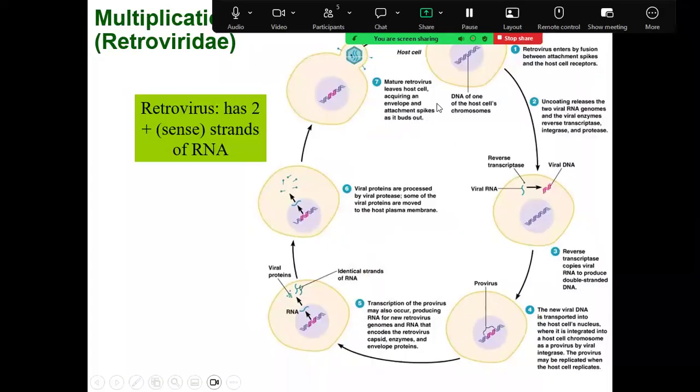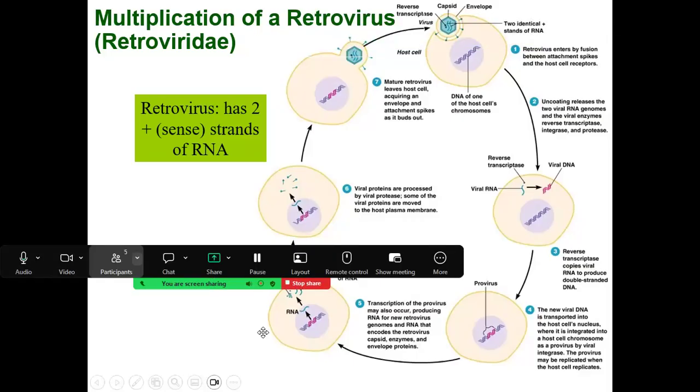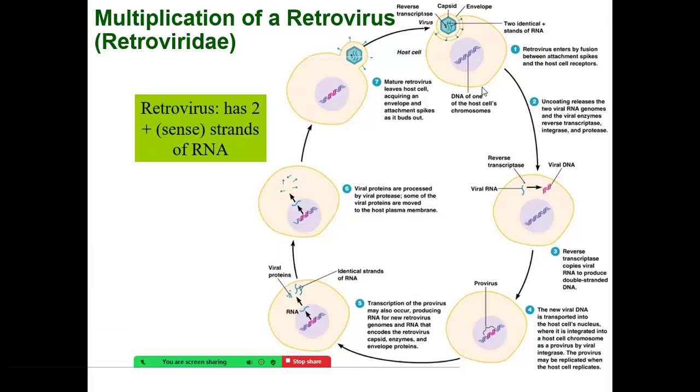The first thing it does is it will use the reverse transcriptase to change the viral genome in the cell. Let me put that over here. Well, can't get it over there, so I'll put it down there. To make the single-strand DNA and then use the reverse transcriptase to make double-strand DNA. The double-strand DNA can then integrate into the host cell chromosome, and that we call a provirus when the viral DNA integrates into the host cell chromosome.